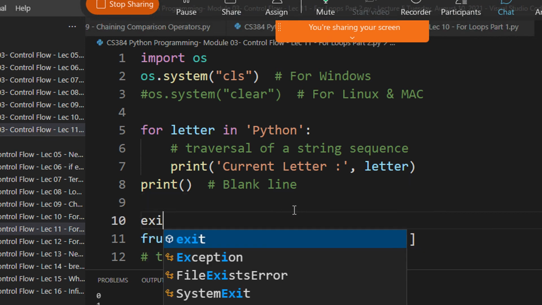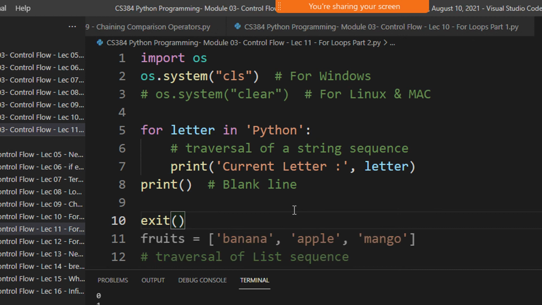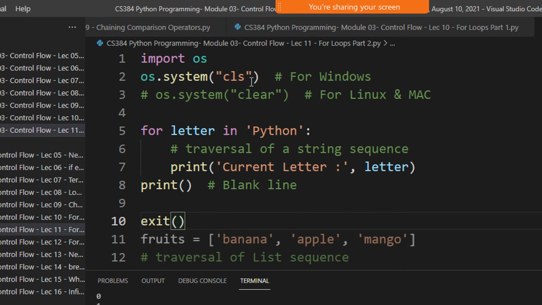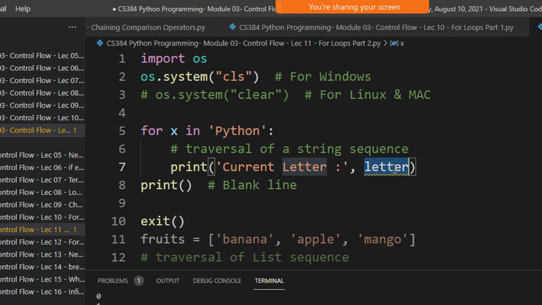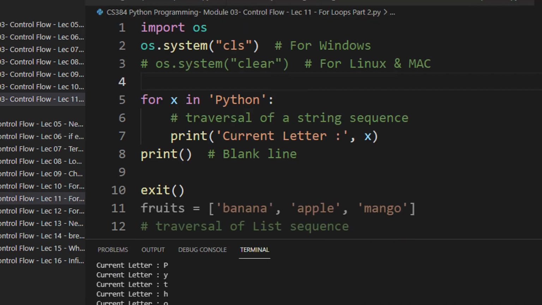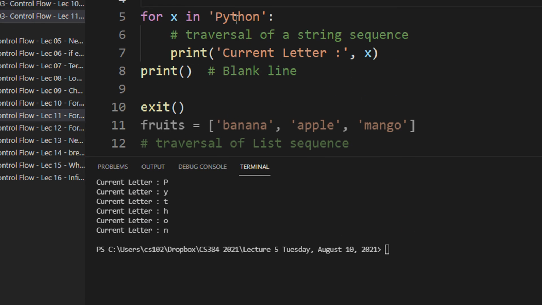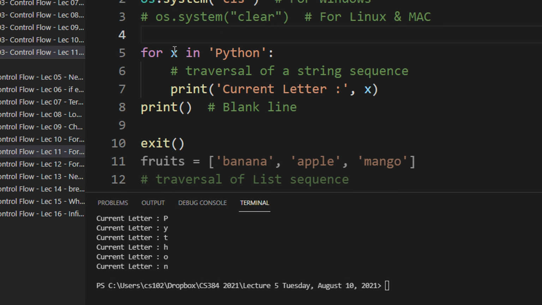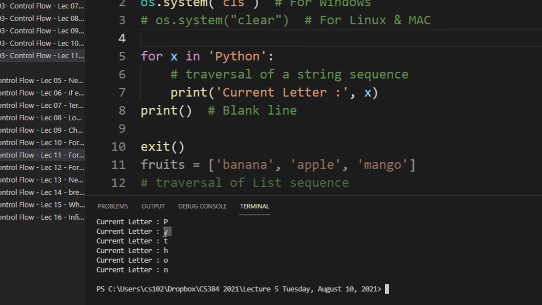Let me exit here and clear the screen with os.system cls. Now I'm writing for x in Python, and I'll print the current letter. Let me show you the output here. You can see the Python string in the for loop is read character by character,